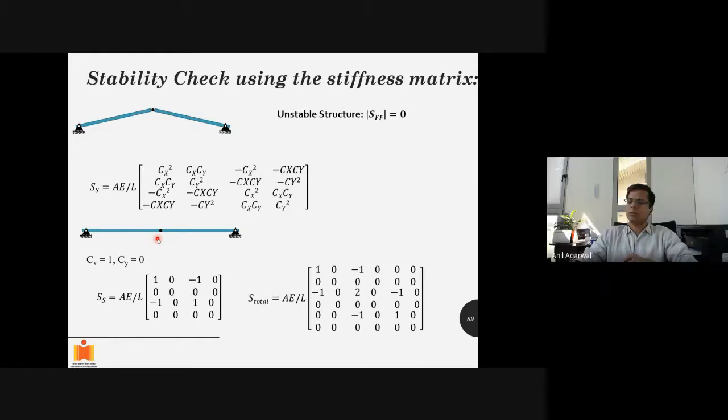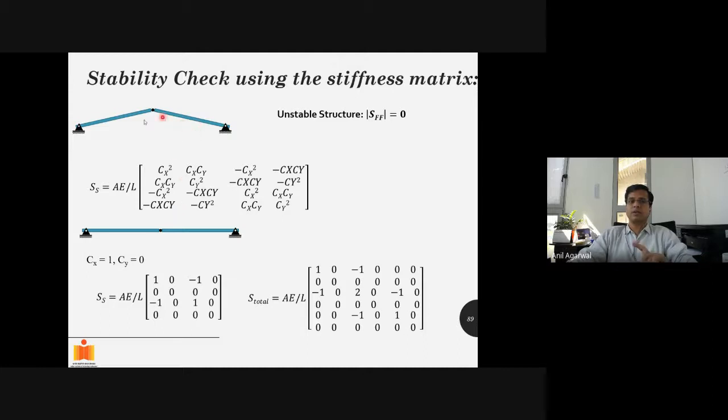It's an indeterminate problem if you do that calculation, but we are talking about something different. It is indeterminate here, I agree. No, it's not an indeterminate problem. In fact, if you release anything here, it will become a mechanism. So it's a determinate problem. If any member is slightly longer, you can accommodate that easily here by changing the angle slightly. So it's a determinate problem, but